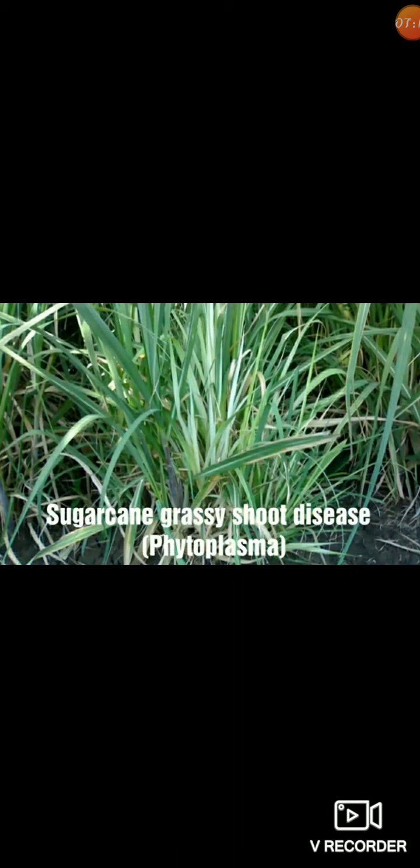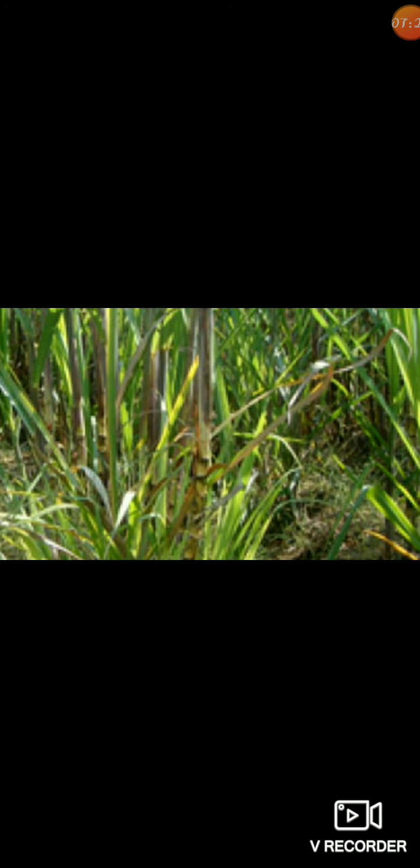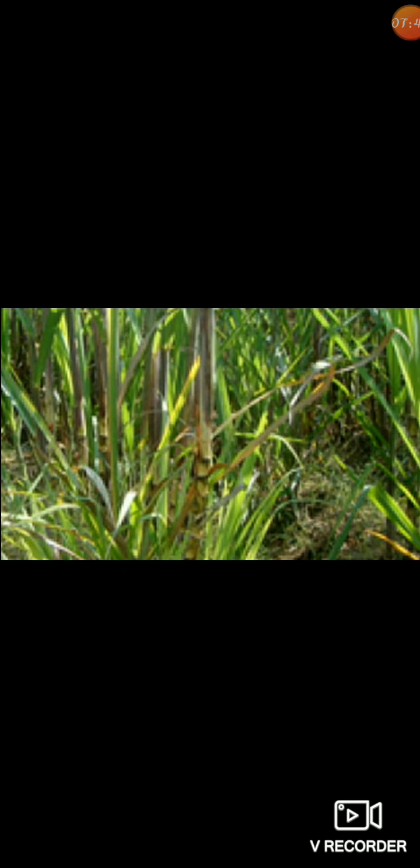So, as we discussed, the disease is characterized by the production of numerous lanky tillers from the base shoot. Sometimes the leaves become pale yellow, as we see in the figure, or totally chlorotic, thin or narrow. The plant appears bushy or like grass, as we see in the figure, due to the reduction in the length of the internode. Two types of pathogen bodies are seen in the figure.